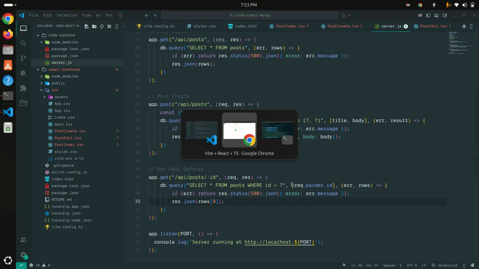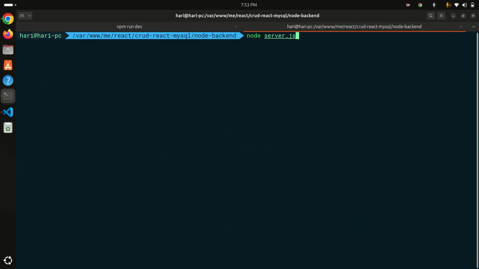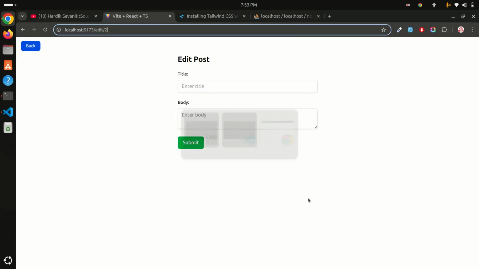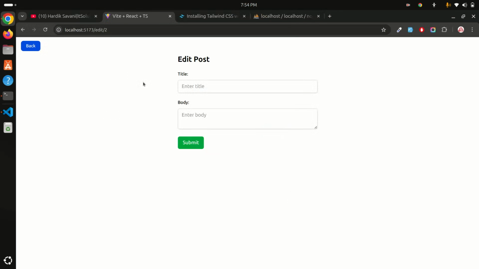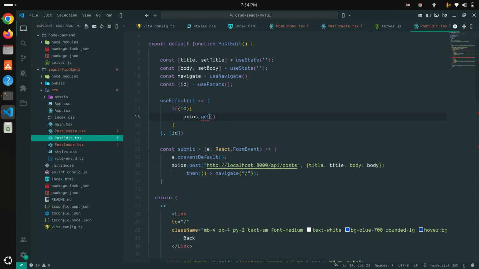Okay, and now let me go and restart the Node app. So let me clear it and restart the application. Okay, let me go back and hit refresh. It's nothing because we haven't done anything for post edit. Yeah, so here what I need to do is just copy this URL and paste it, and slash dynamic ID